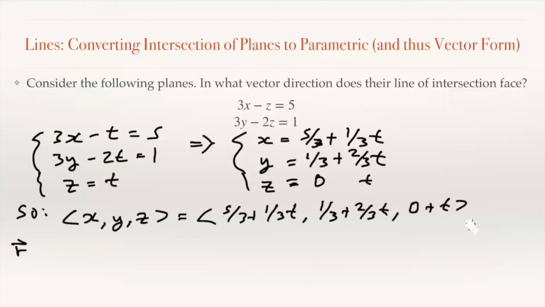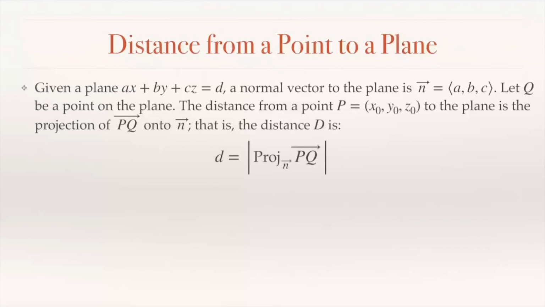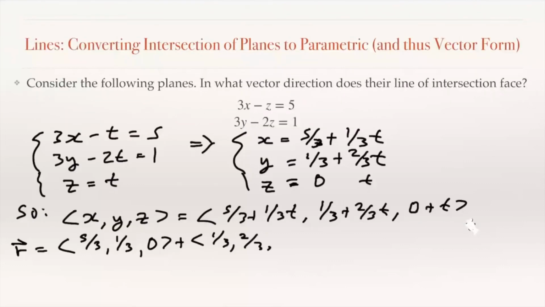So that is our r equals 5/3, 1/3, 0, plus 1/3, 2/3, 1 t, and this is our r0 plus d t,